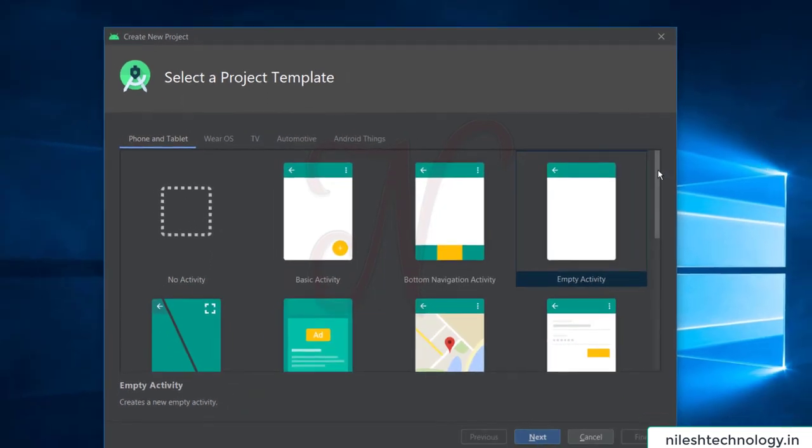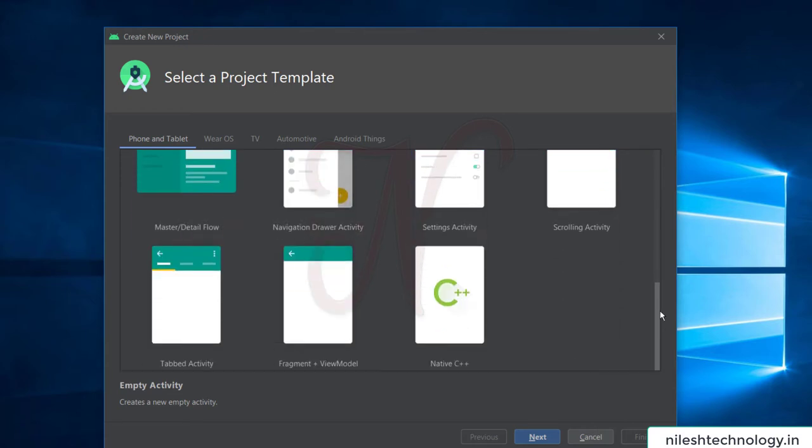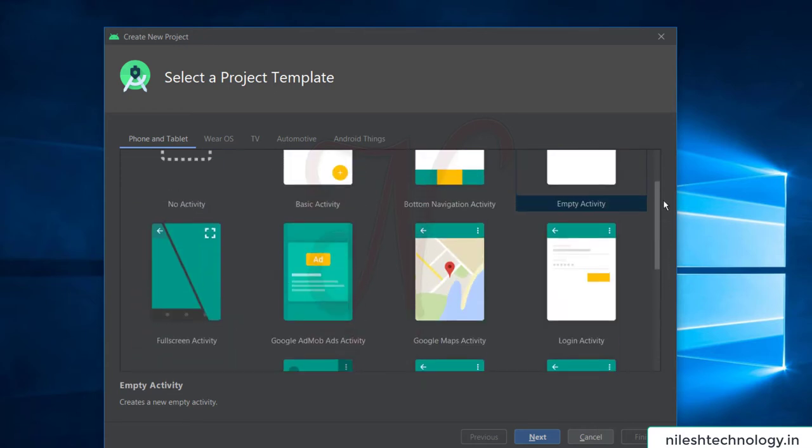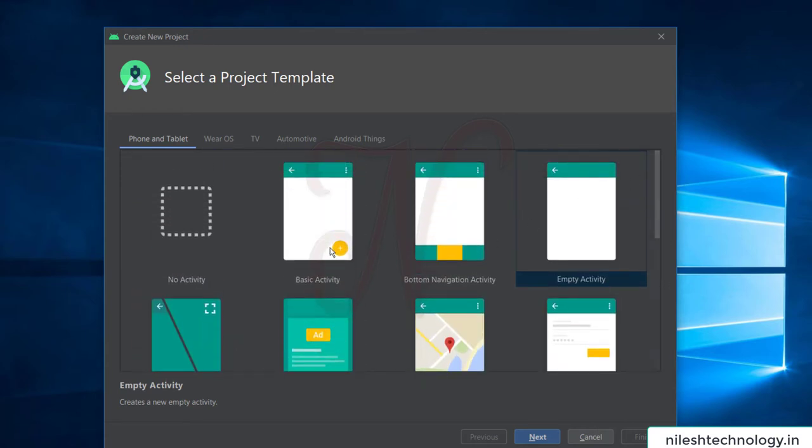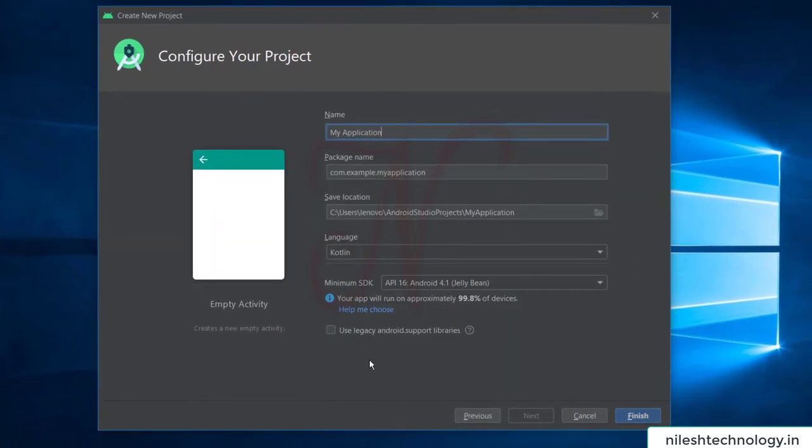There are also more templates available. For initial level, we choose the Basic Activity or the Empty Activity. Now we choose Empty Activity and click on the Next button. This is your application name. Here we type my application name, Hello World, and this is your package name separated by